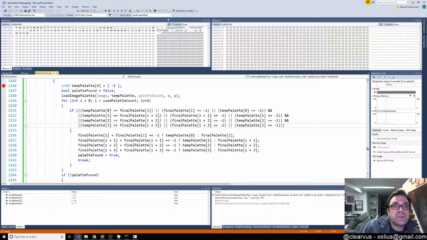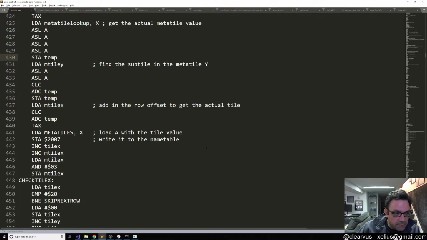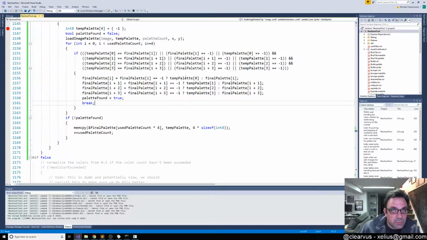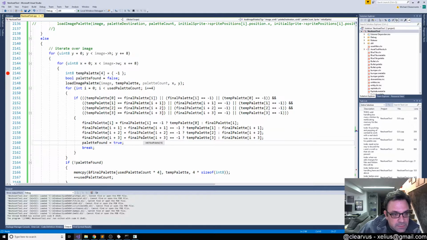No, this isn't using CC65. This is a separate tool that I'm building outside of the NES. I'm using CA65 for the actual game code here. But this is an asset tool that I'm working on, Woodsy Mammal, for converting the assets over from PNG to the NES. All right, so